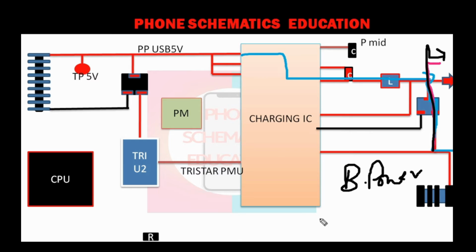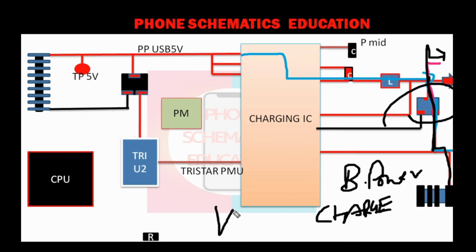Right? When you connect the charger, your phone runs on charging power. Your VCC is created by the charger power. Okay? Right? At the same time, your battery is charged by the charger power. When you disconnect the charger, the charging IC senses it and deactivates this MOSFET. After that, the battery power goes through this MOSFET and your phone runs on it, and you can also call your